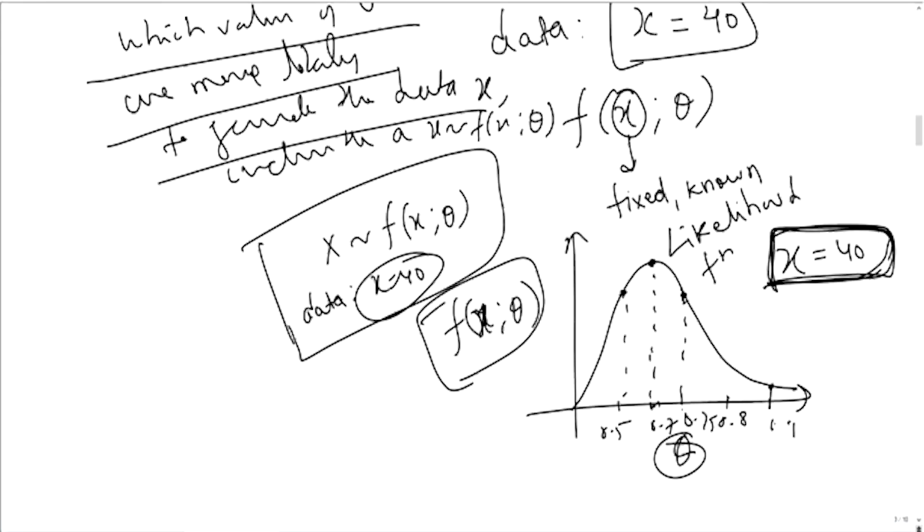But if you draw the graph between theta and probability densities, assuming some fixed value of your random variable, then that graph is a graph of a likelihood function. Because your probability density function f of x theta is actually a function of two arguments: the value of the random variable x, and the parameter. So, when the parameter is fixed and known, the graph you draw with respect to x is called the probability density function, and when data is known and fixed, the graph you draw with respect to theta is called the